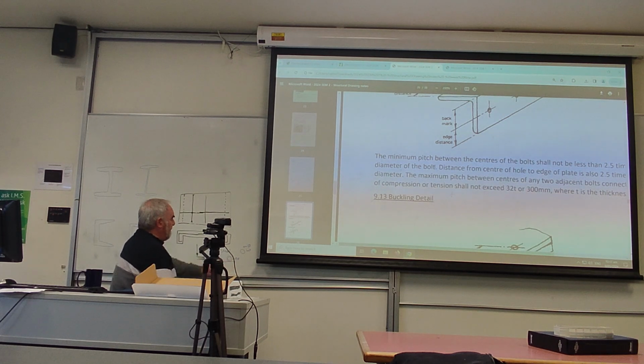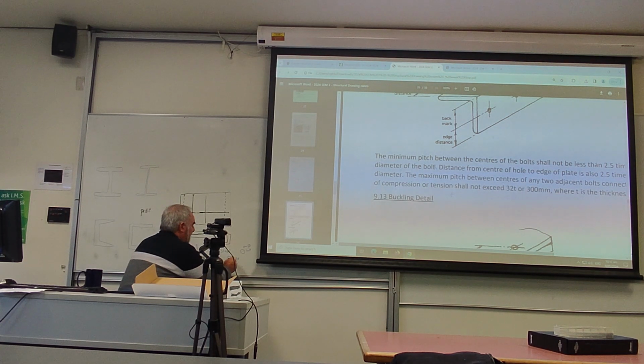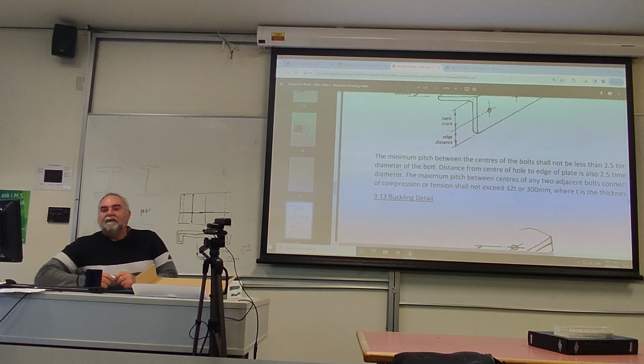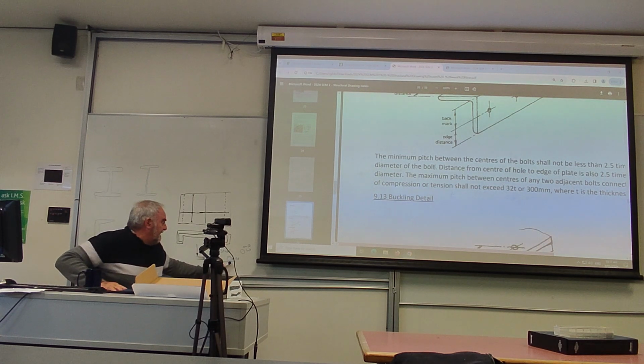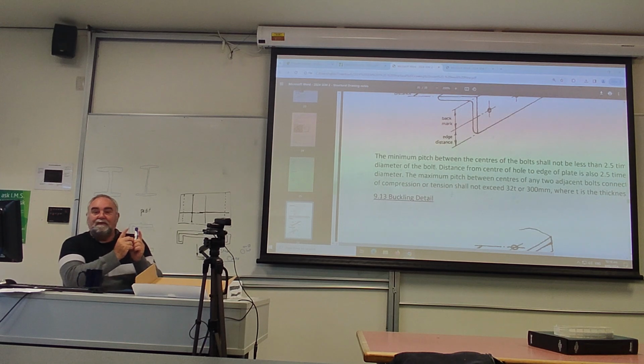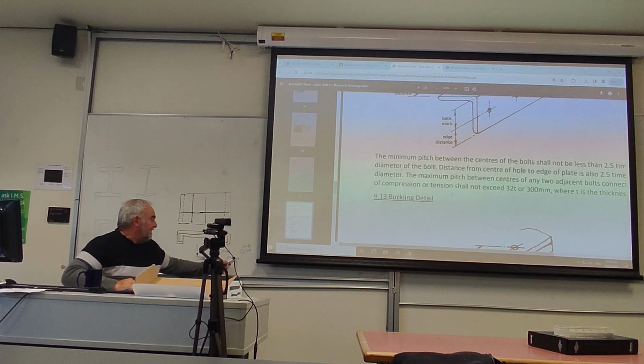So the outside of the hole is 18 millimetres diameter for a 16 millimetre bolt. So if I said it was an 18 millimetre bolt hole, what would be the minimum between the two centres of the holes? 40. Exactly, yeah. Because you take off 2, which makes a 16 millimetre bolt, and that's the nominal size of